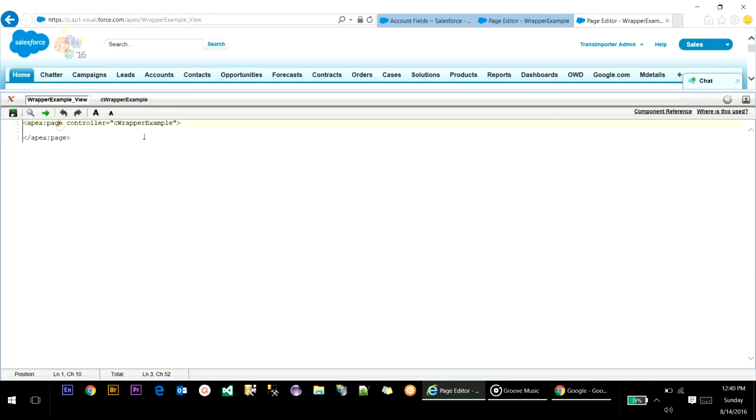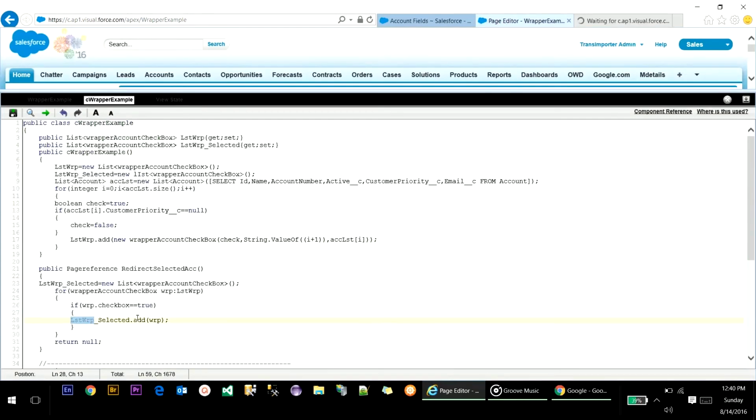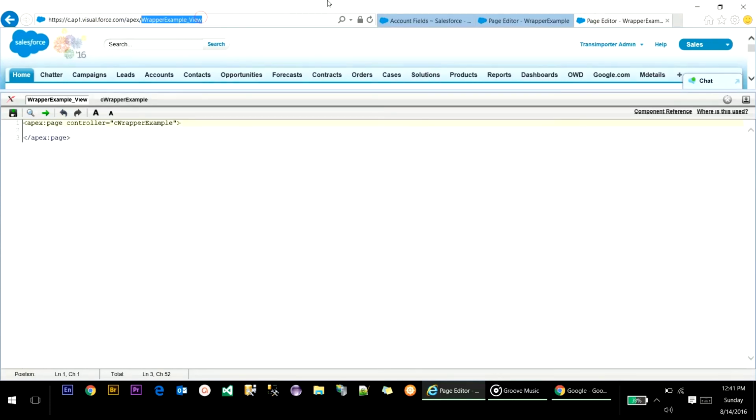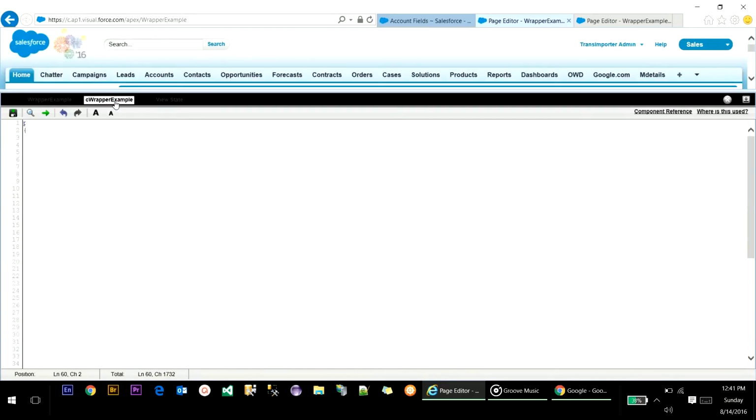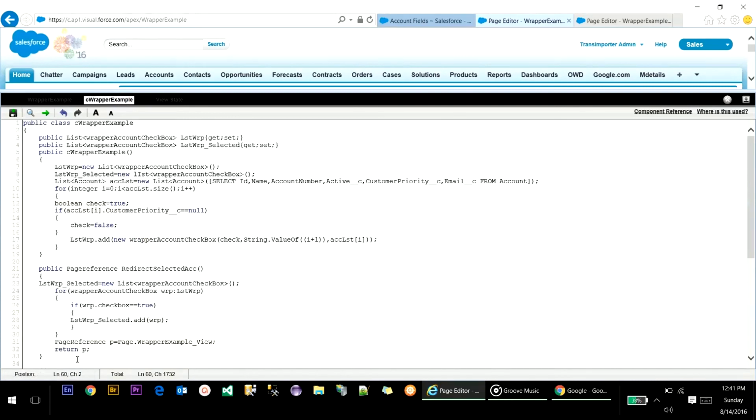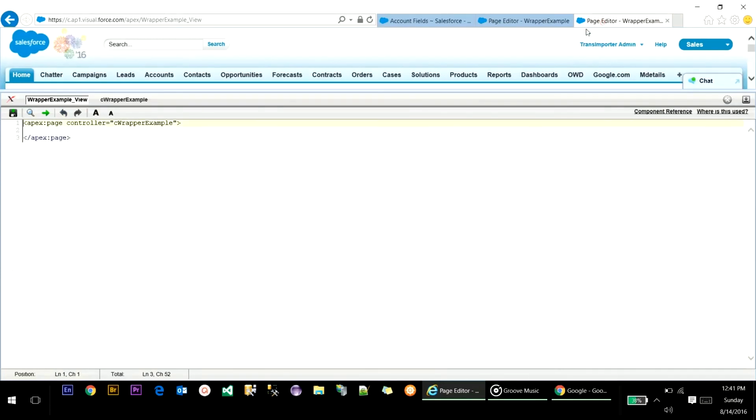And now I am going to use the same WRP in this page. Okay. And once WRP is added, you will be redirected to this other page. So first PageReference p is equal to Page dot this page name. Okay, and set as return p and save it. Now it will redirect you to this page with the same controller, holding all the variables. So I first refresh this page